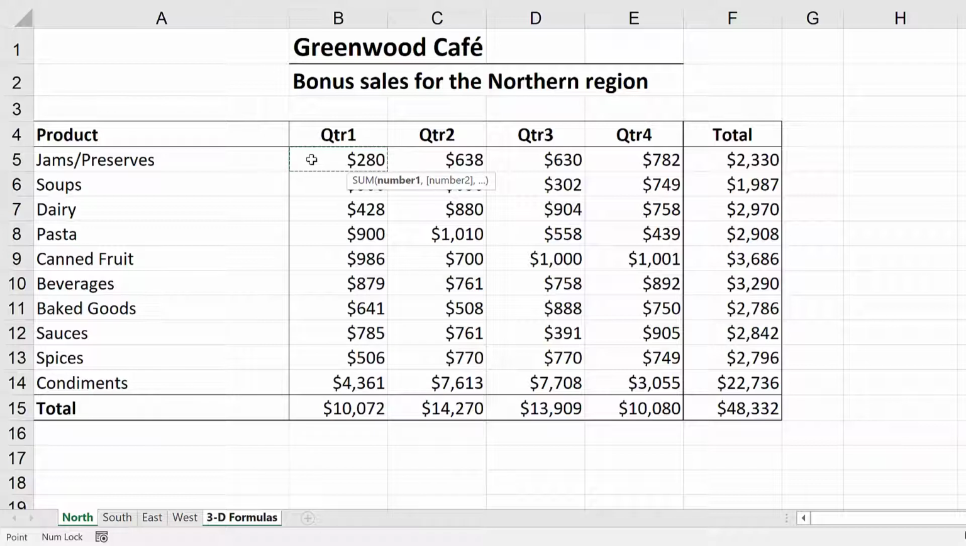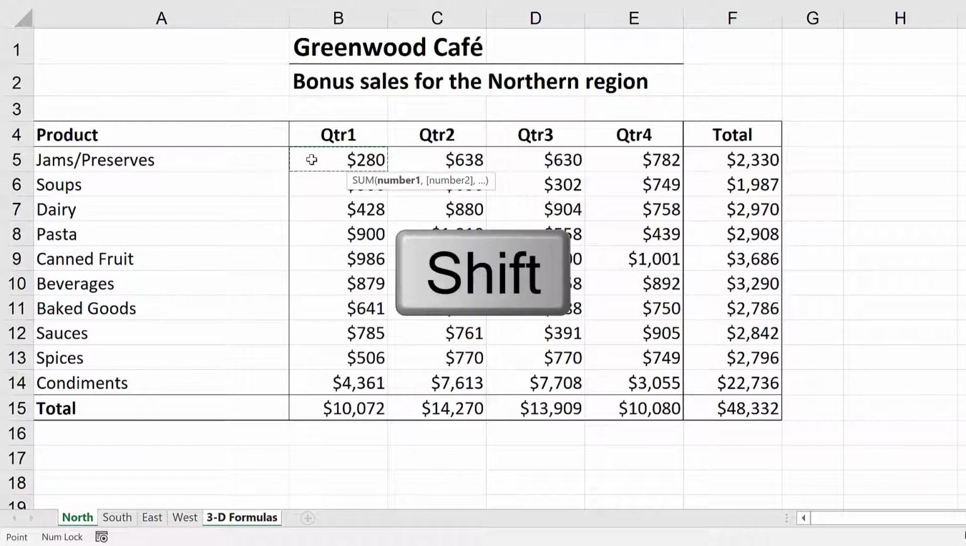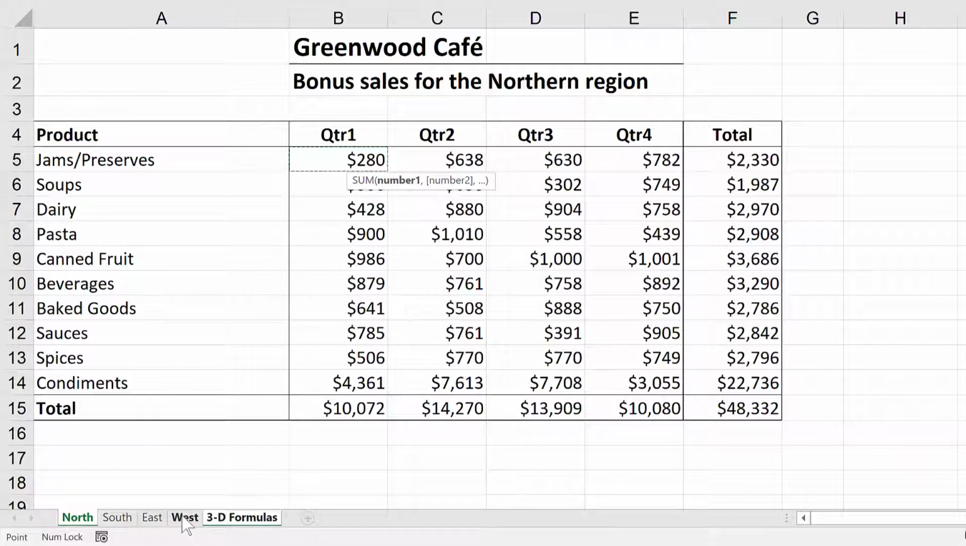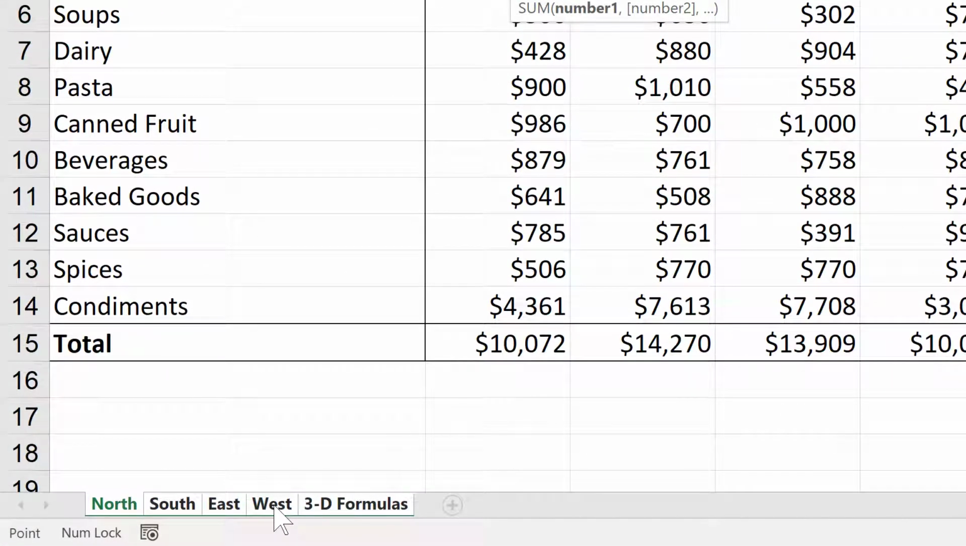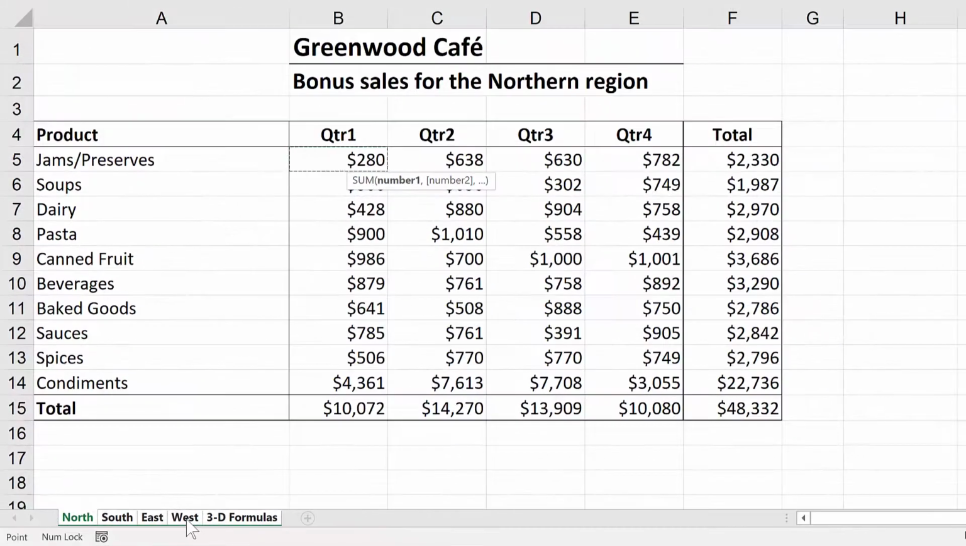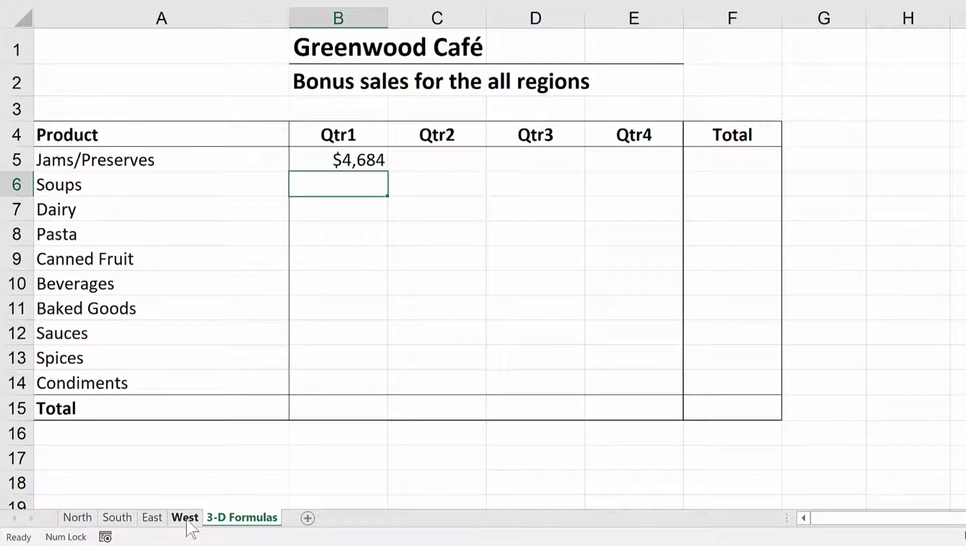Now here's the trick. Hold down the Shift key and click on the last sheet in the range of the worksheets. Let go of Shift. Notice that they're all lit up or selected. So with this, we're saying that we want to do a sum from north through west of the data found in the cell B5. I'll press Enter to complete this formula,